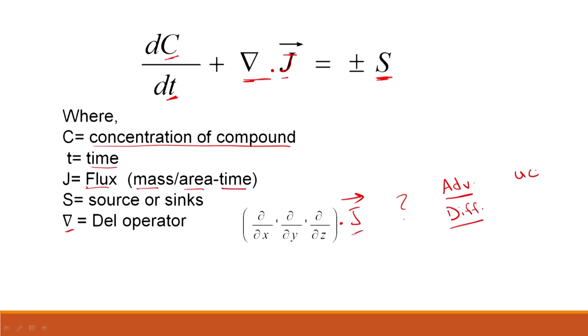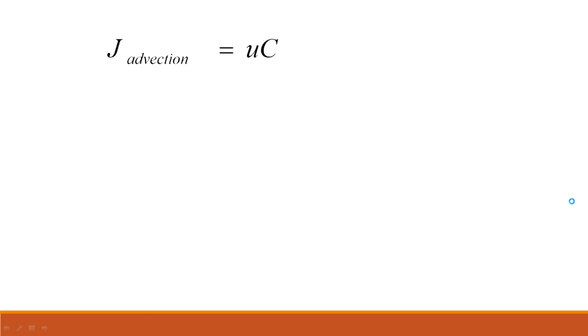Advection is U times concentration. Flux, I think it is diffusion coefficient with a minus, because it is due to the concentration gradient, and del product of C. Let us see if I got it right. So, advection is the speed of flow of that fluid times concentration, and diffusion has a minus because it is due to concentration gradient, from higher concentration to lower concentration, times the diffusion coefficient, which is a characteristic of both the compound and the particular